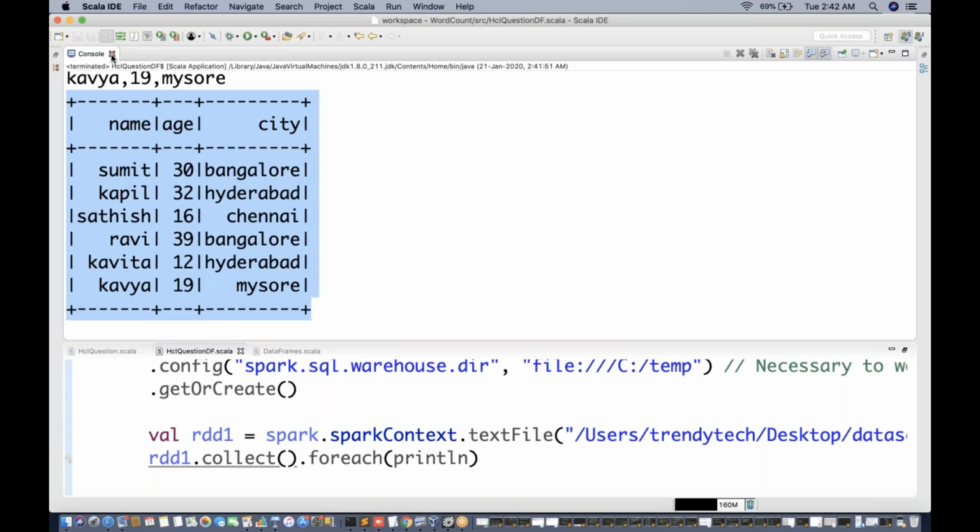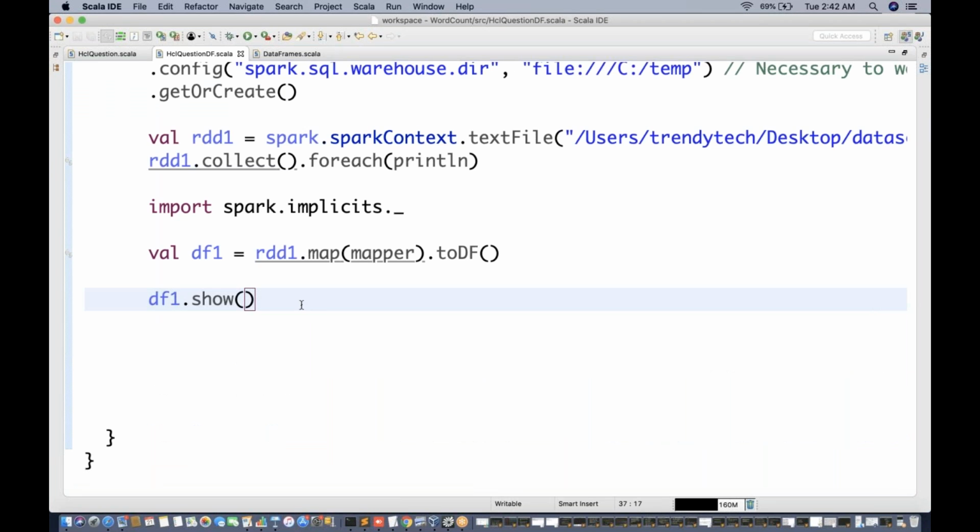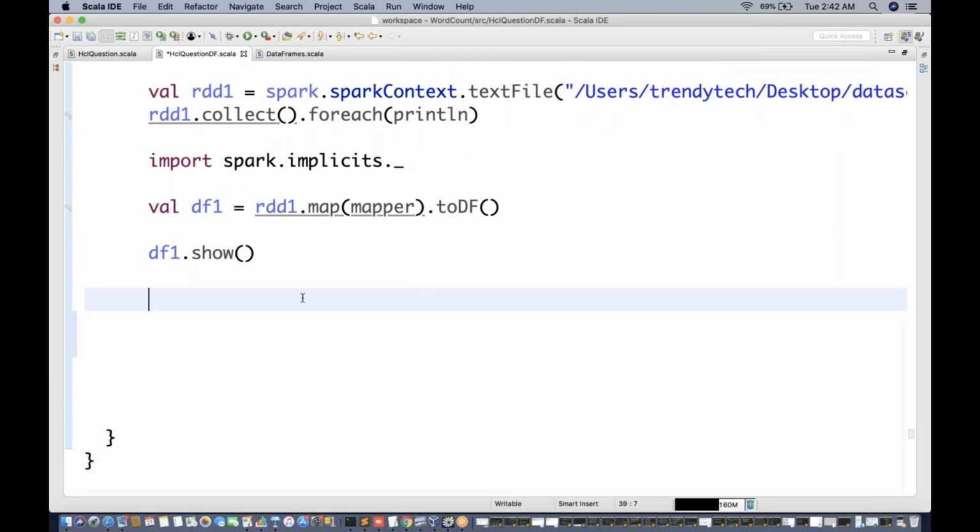But still we have not received the results we want. We have done the groundwork for it, but we have not worked on the logic we should be doing in order to get the fourth column. Now we will be trying for that. So from this data frame, let us create a table, because it's easier to work on a table using Spark SQL than a data frame. It's a little bit hard to work on a data frame directly. So I personally prefer to create a table and then use Spark SQL. So let's try to do that.